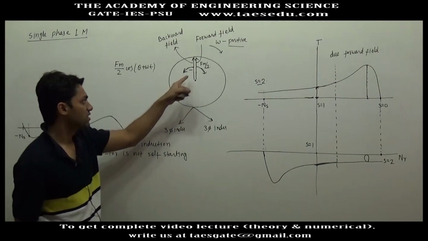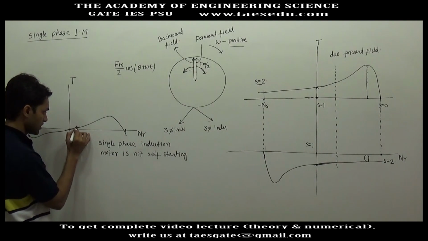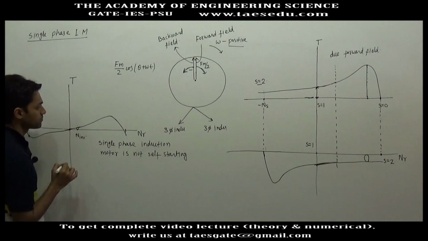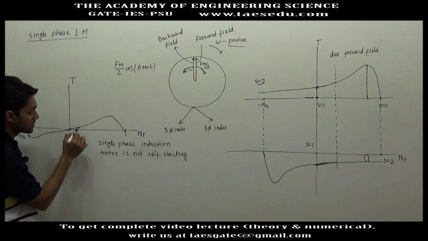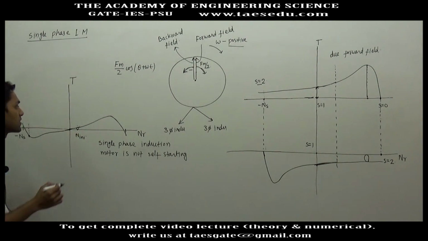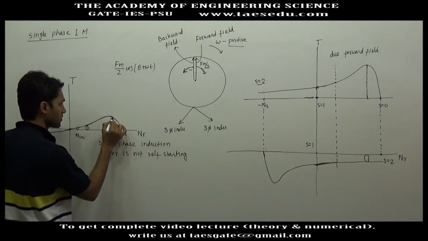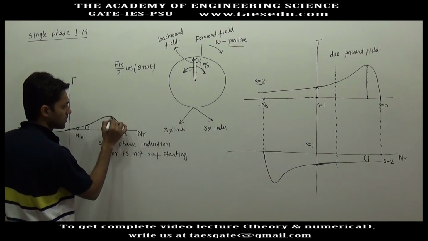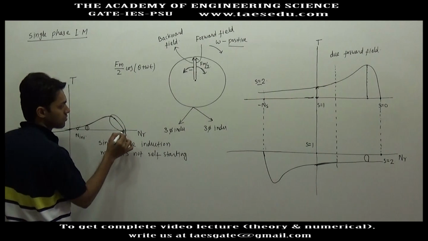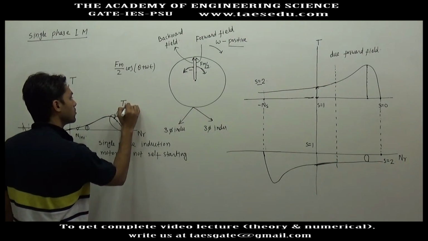If you give an initial speed in the clockwise direction, suppose this is the initial speed you have given, so you have a positive torque, and this torque is positive, meaning this torque is being applied in the clockwise direction only, so it will increase the speed. The speed will increase, torque is again increasing, so this way it will start operating. These are a stable region of operation. So in this region, at some point, this induction motor will start. That will depend upon the load also.